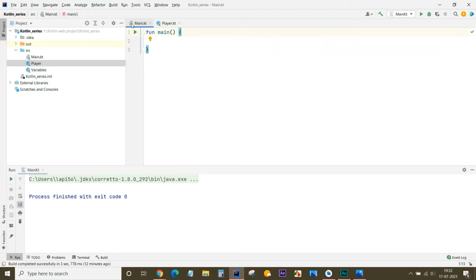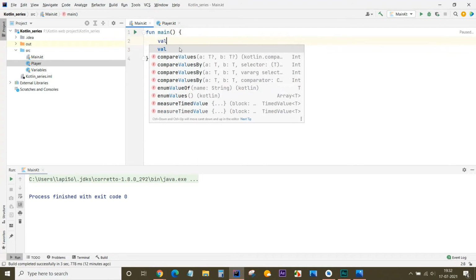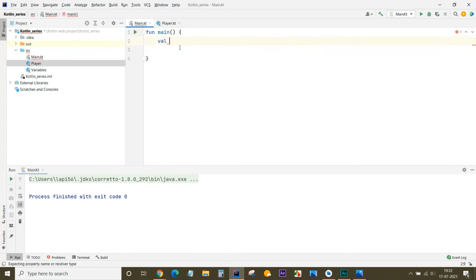So we are in the main class, having a main function. Here we will create an instance. We can use val, which is for creating values that are assigned a single time. For example, if it does not change much, we can make use of val.